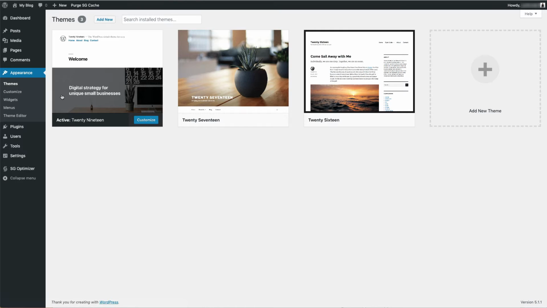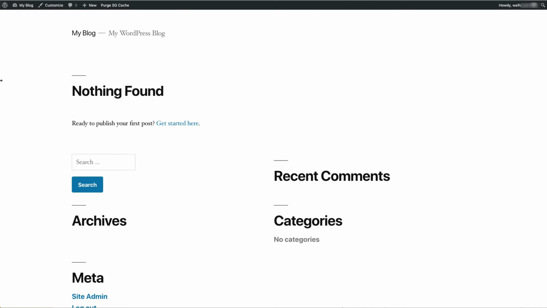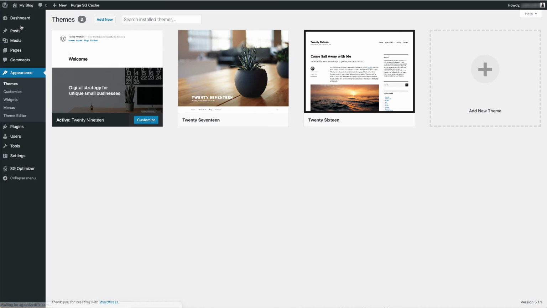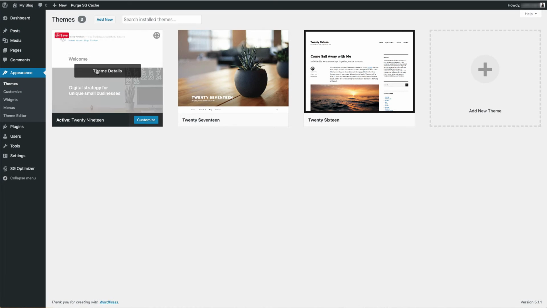Now themes, you can think of it like an outfit for your blog. So if we were to come up here to the top and click on Visit Site, you can see this is what our blog currently looks like. And what is determining what this looks like is the theme that's currently installed. So if we come back to themes, you can see here if I hover over blog in this drop down menu, I can go directly to themes. This theme, which is telling us is active 2019, this theme is what's giving us the style that you're seeing